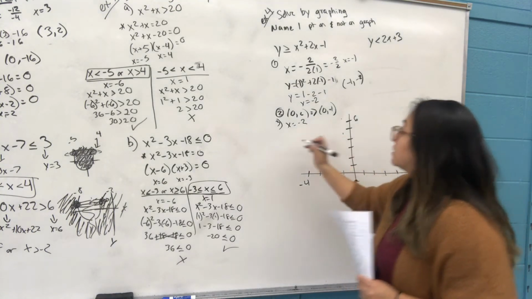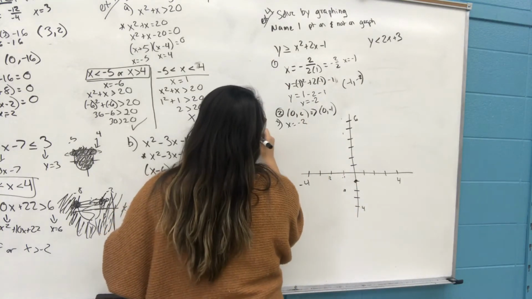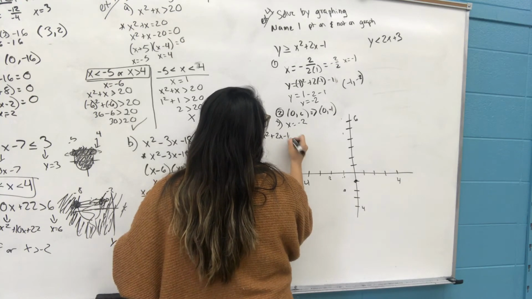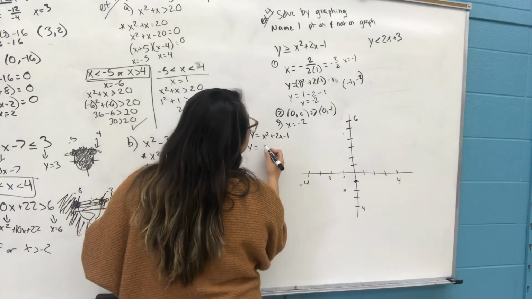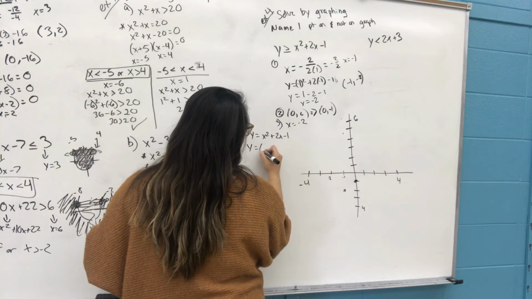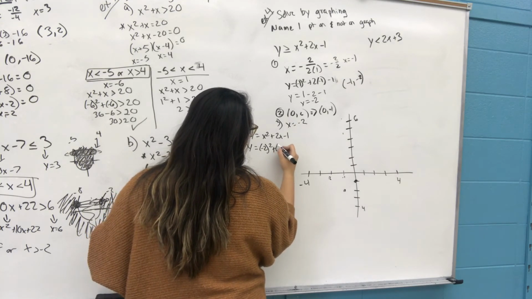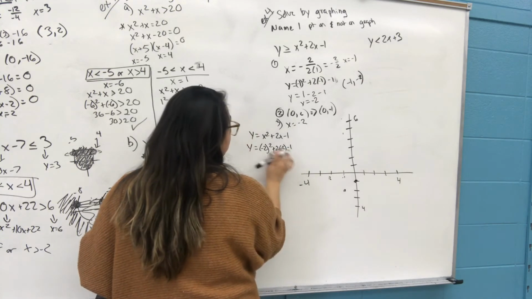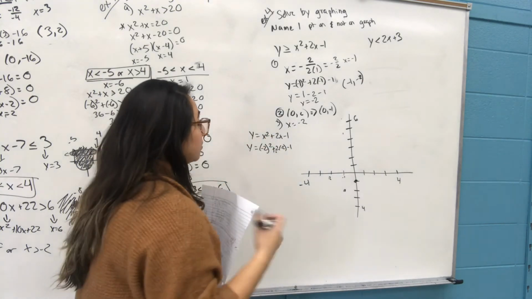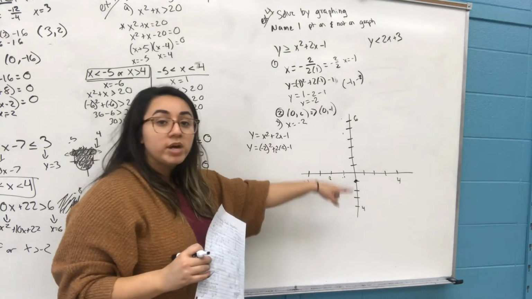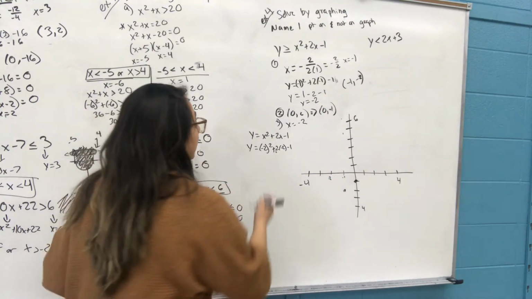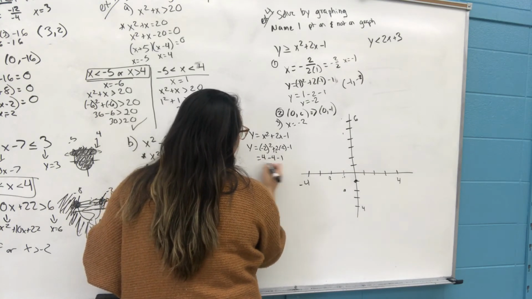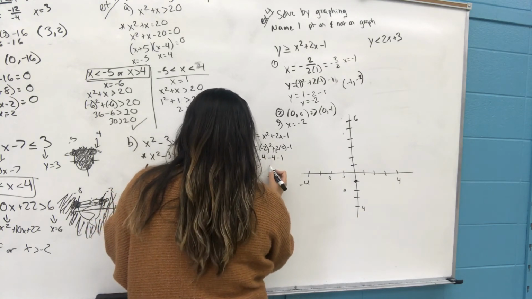solve for y. So y is equal to x squared plus 2x minus 1. I'm going to go ahead and plug in -2 in place of x, plus 2 times -2 minus 1. The reason why we're doing this, we're trying to find one other point to graph the parabola. So now, y is equal to -2 squared, which is 4 minus 1, and y is equal to